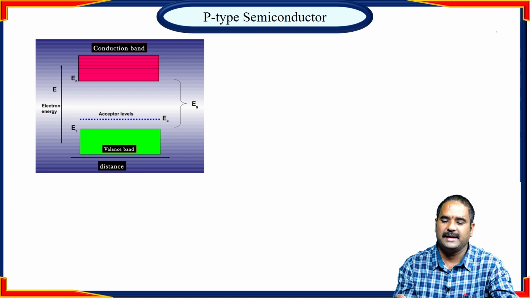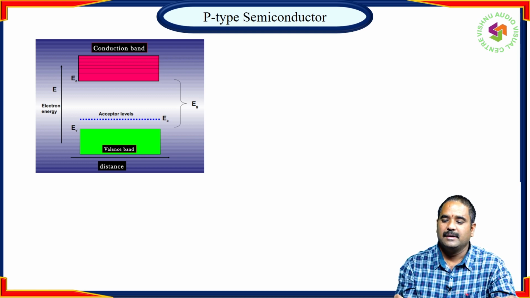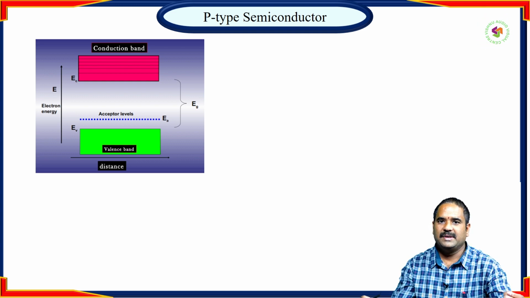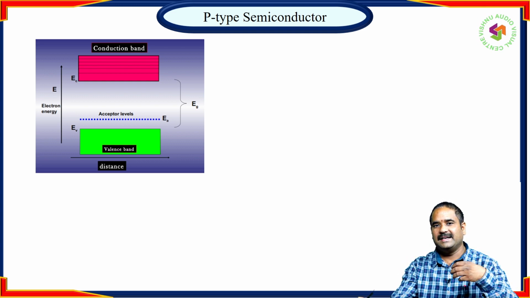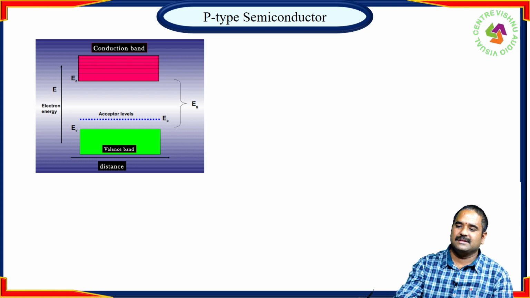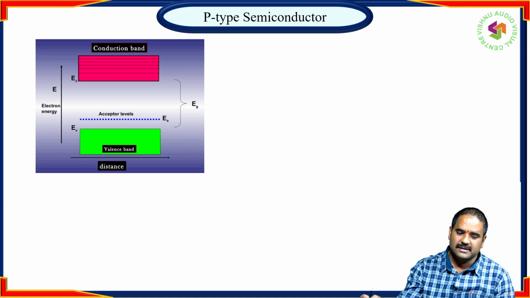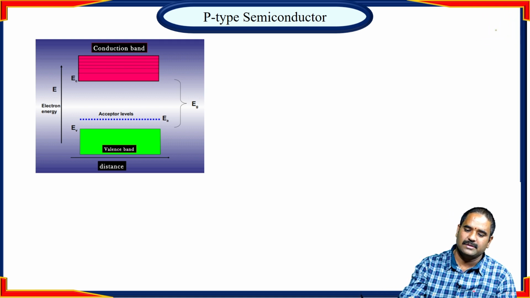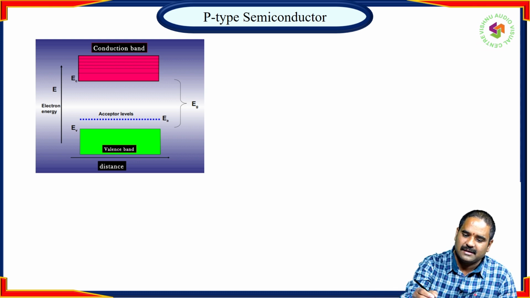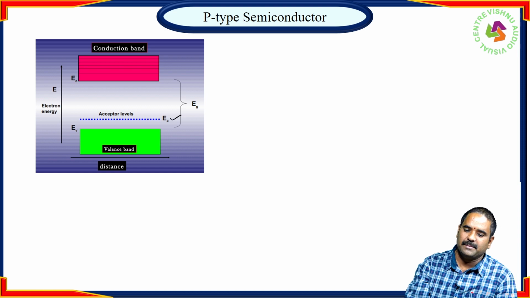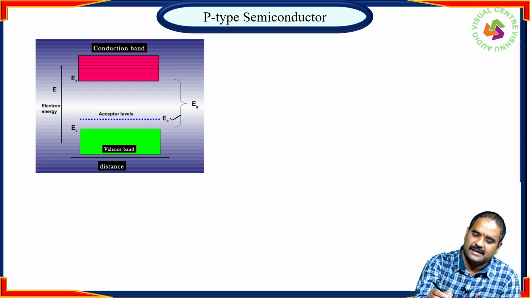So this is the energy band diagram of p-type semiconductor. In p-type semiconductor, there is a deficiency of electrons. Means that is ready to accept the electrons. Hence, p-type semiconductors are also known as electron acceptors. So the deficiency of electrons, known as holes, lie in energy level known as the acceptor energy level. So even at low temperatures, electron gets excited from valence band to acceptor energy level.